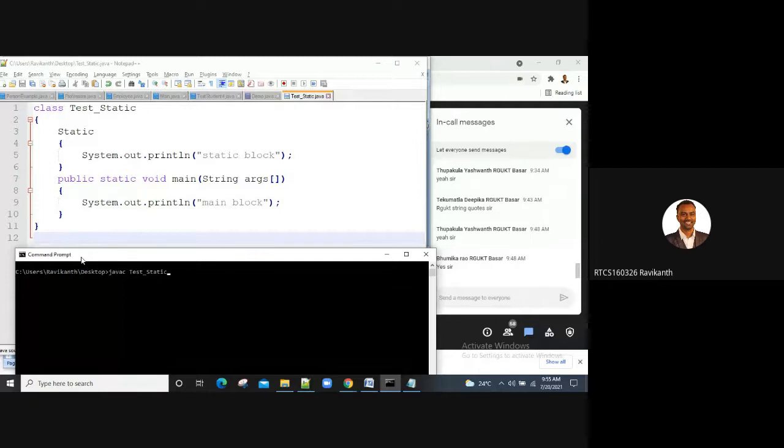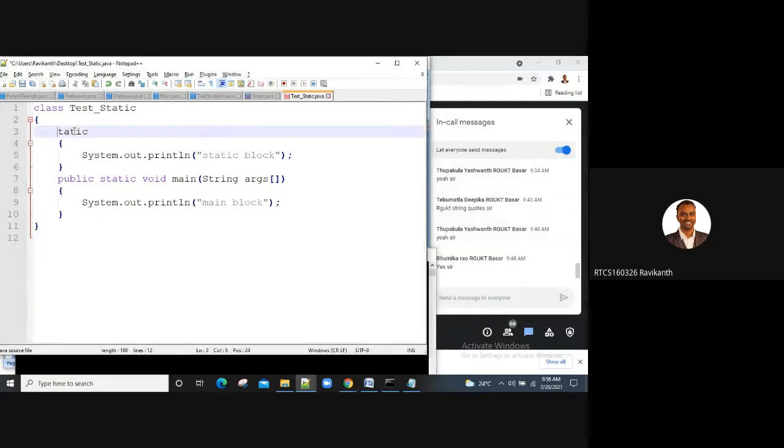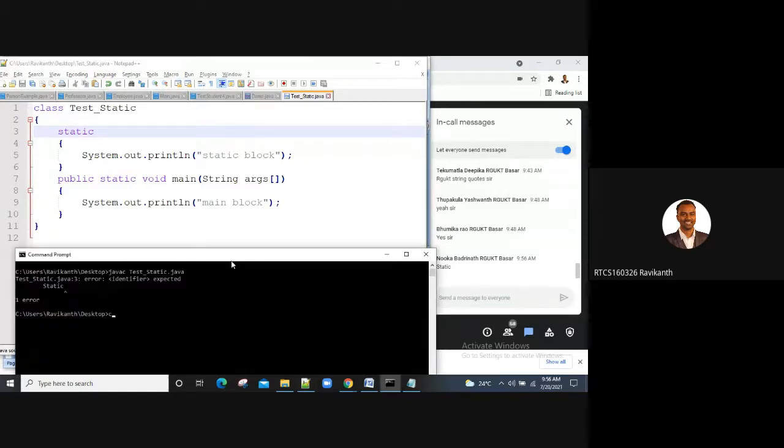You can type in the chat box which block. Static keyword, not capital. So what output are you expecting? First static block or main block?